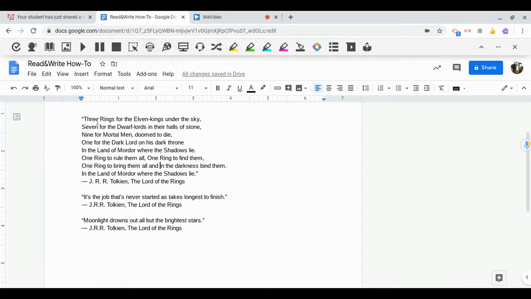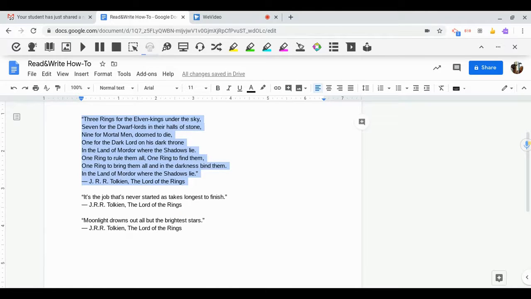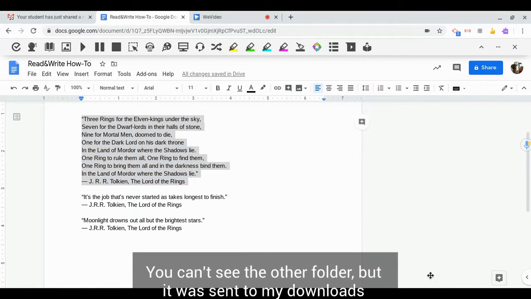Next is the audio maker. Let's say I wanted to have this entire part saved as an audio file. I highlight it, click on the audio maker, and it will start to create an audio file. Now I can show it in the folder, and I can play it back, and I can use it in another